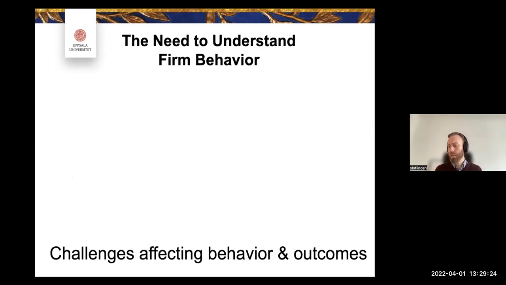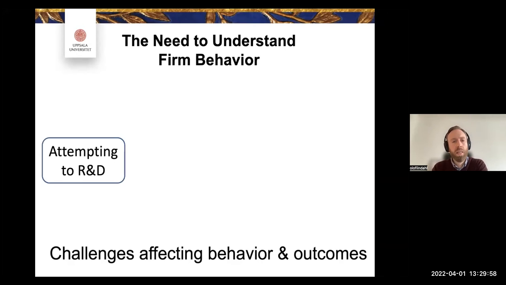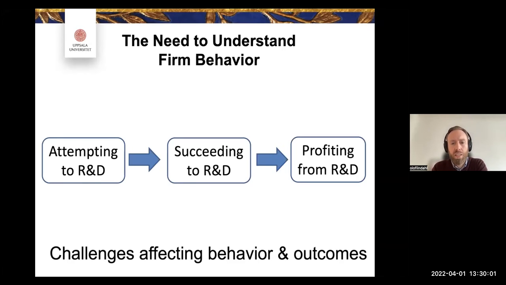So from a business and economic standpoint, what we try to do very generally is to look at the firms of the industry, because the industry as a whole is in very bad health, but there is an industry because there are firms. Some firms are still in this industry. A lot of small firms, not so many big firms. So what we want to do is understand firm behavior. What makes firms try to develop new drugs? What makes firms succeed in developing new drugs? So attempting R&D, succeeding at R&D, and of course, profiting from R&D.